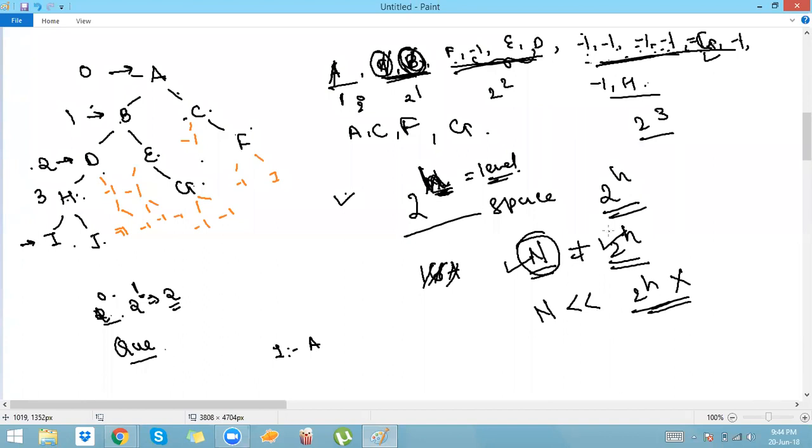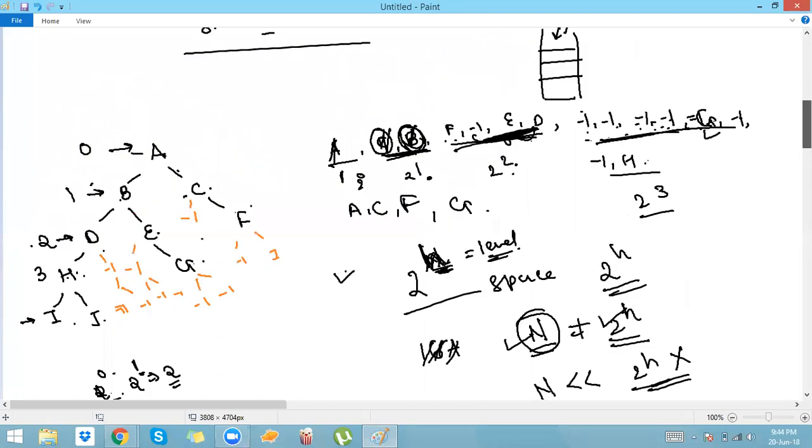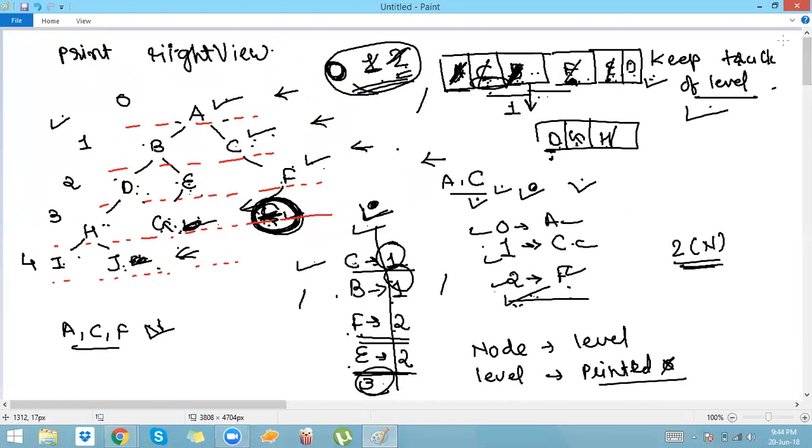But from that approach, we have to go back one more step. From your approach, what I'm understanding is at level 1, only one node will be printed. At level 2, only one node will be printed. The rest of the nodes will not get printed. And as we are using a queue, at level 2, I won't find any other nodes, right? So, coming back to my previous question, can I use only one variable